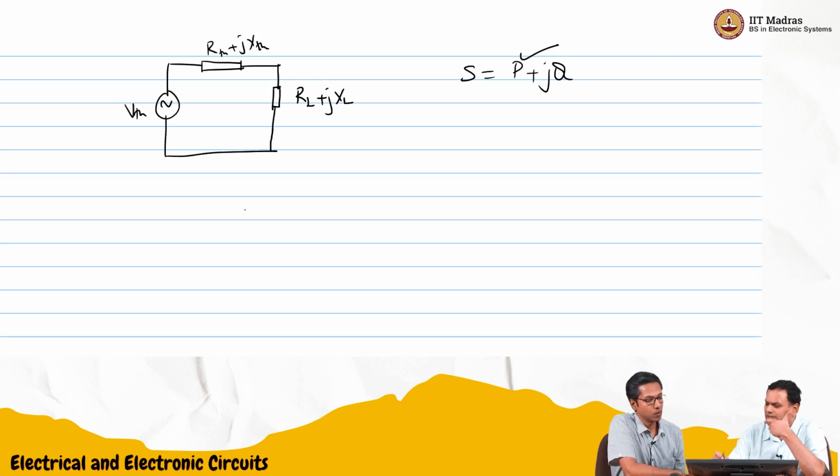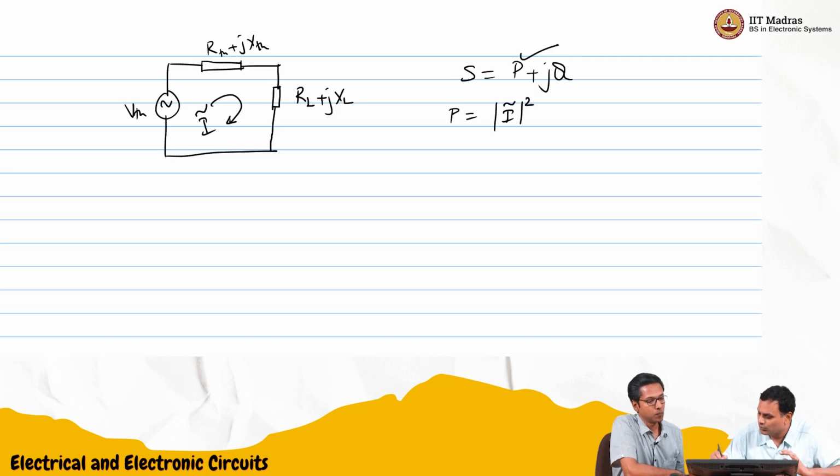If you're interested in that, then P, suppose there was a current I and now it's a complex number. I should be able to find out the square of this and multiply it with RL, because that current is flowing through RL. But I is a complex number, so I just need to be careful. And these are all RMS values. Or we can take the magnitude of the current directly. So this is just the magnitude of the current squared times RL. Current magnitude is VTH